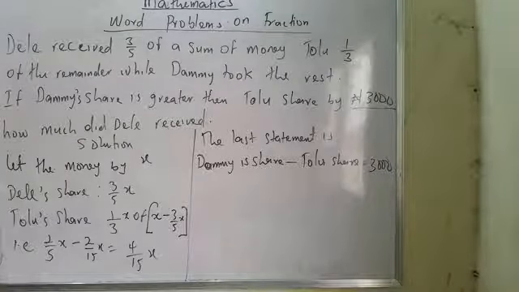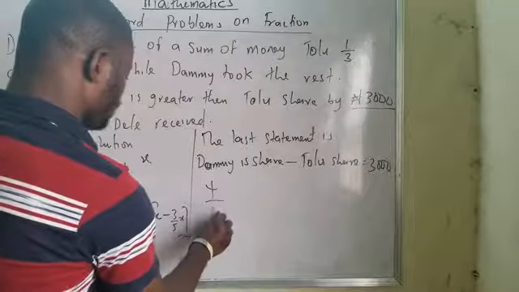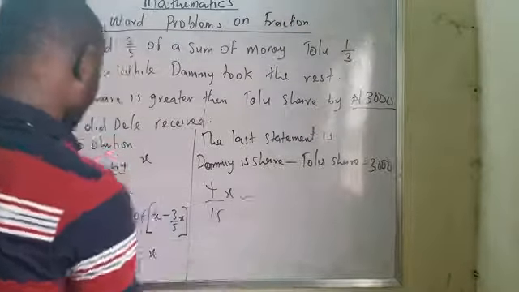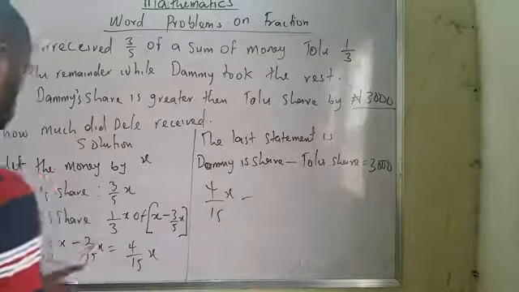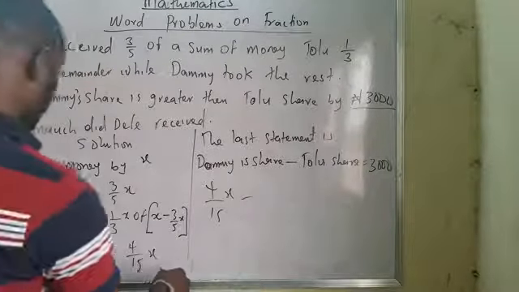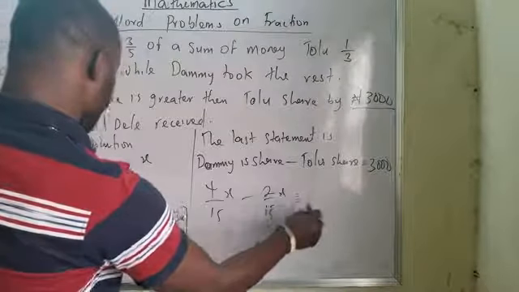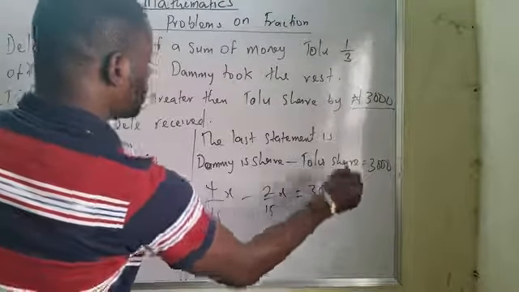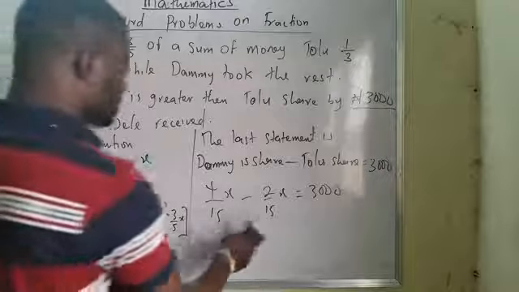Now we have this will be 2 of x minus, that means Dele's is 2/15, which is going to be 2/15. Yes. We have 2/15 of x equals 3,000. Now, by so doing this, I will be having the answer, which is going to be